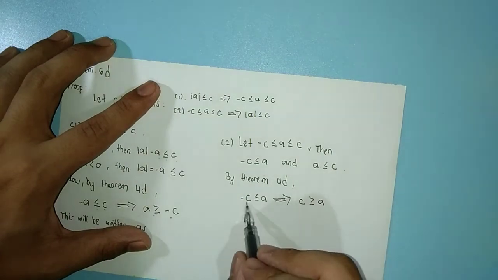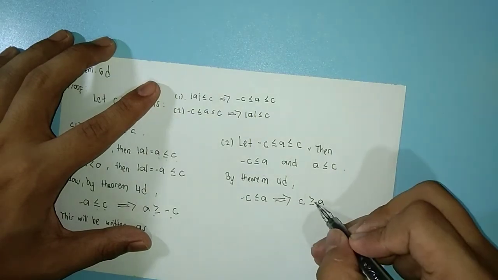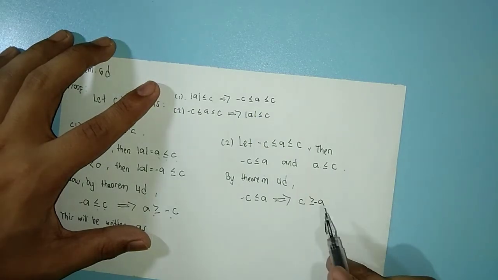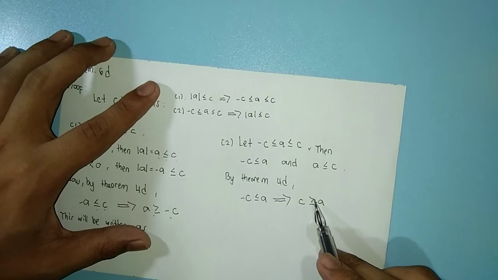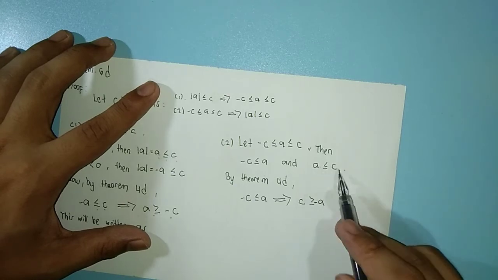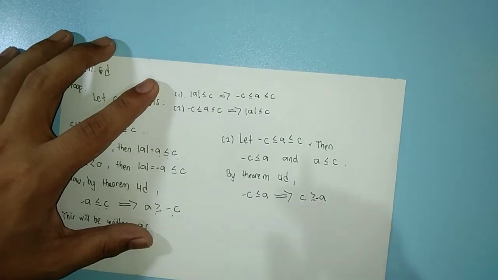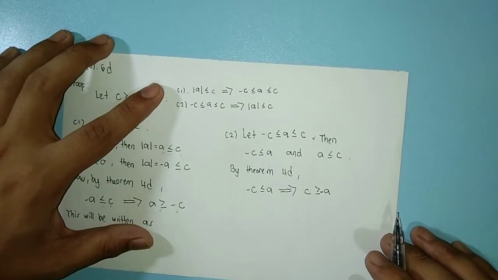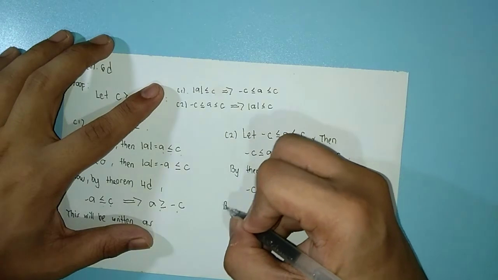Mali. Kung ito ay magiging positive, ito magiging negative na, no? C greater than or equal to negative A. So, ibig sabihin, yung negative A less than or equal to C, tapos yung A less than or equal to C. Kapag gagamitin natin yung absolute value, okay? By definition of absolute value